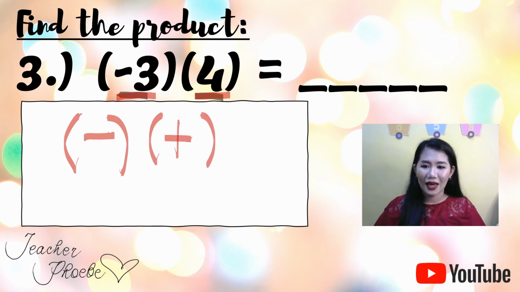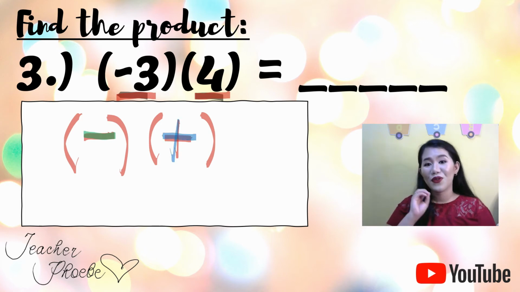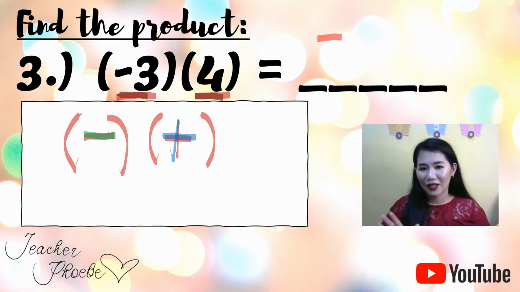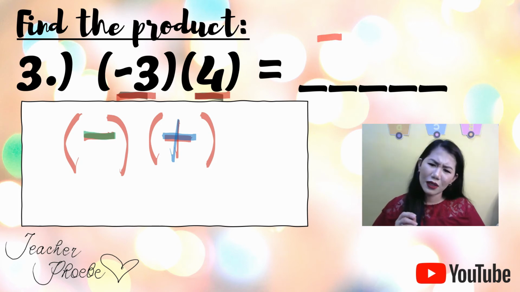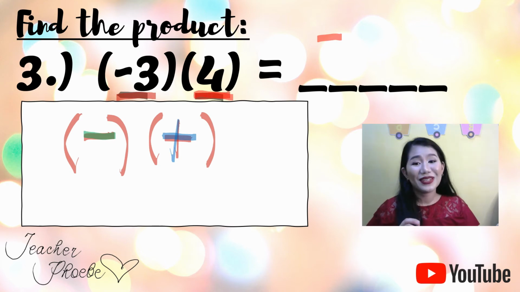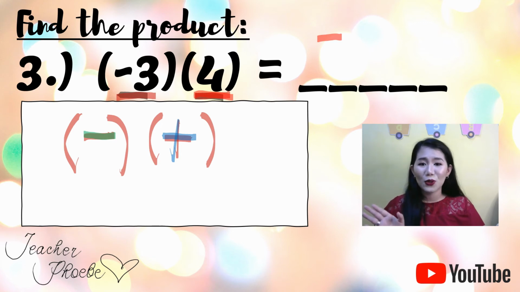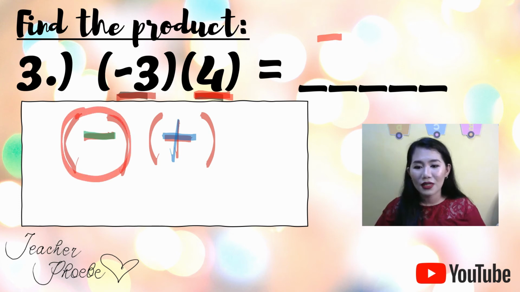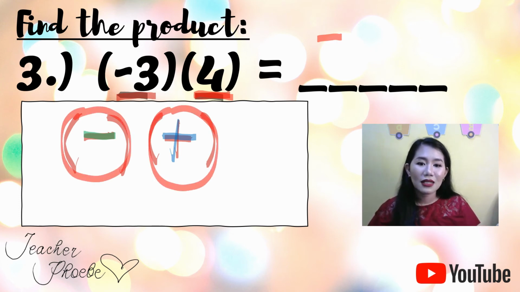So if that is the case, di ba nakita mo? Nakikita nyo ba? Negative yung isa, and then positive yung isa. They are of different signs. So what are you going to do? Automatic class. Ang sign ng sagot mo ay negative. Okay? Ma'am, mas mataas naman po si 4 eh. Ano ang sabi ko kanina? Wala ka ng sign na susundin dito. Hindi mo na susundin kung sino yung mas mataas. Disregard na yon. Basta kapag nakita mong negative yung isa at positive yung isa, the sign of your final answer